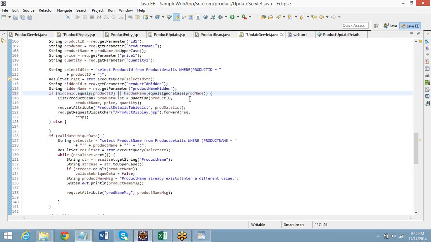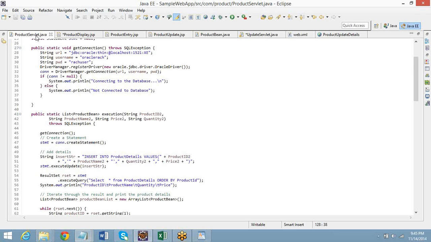Now go to the product servlet.java. Where is your insert method? Here.